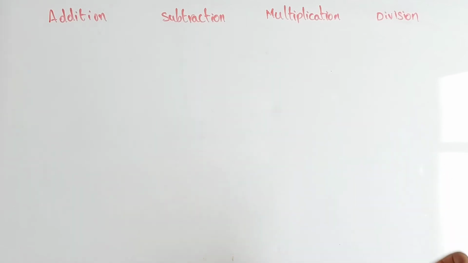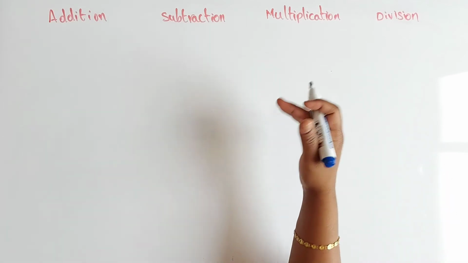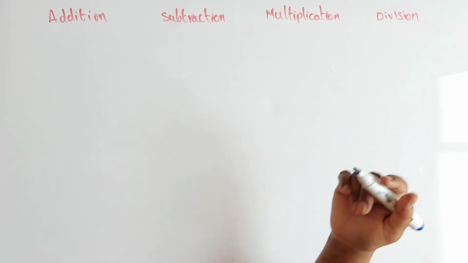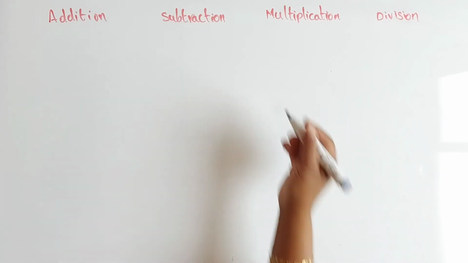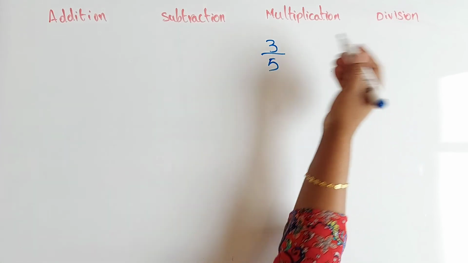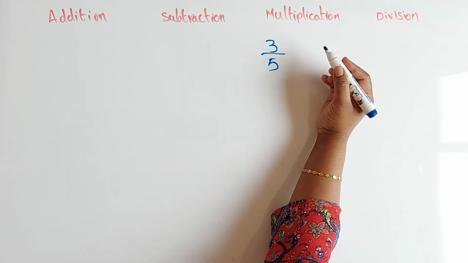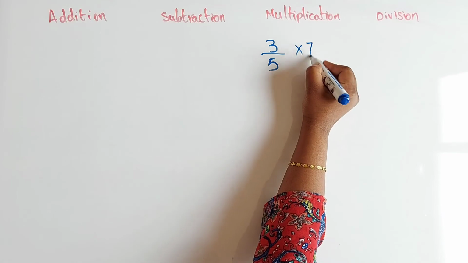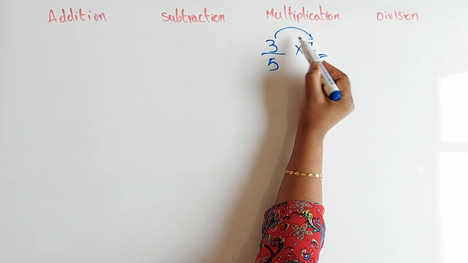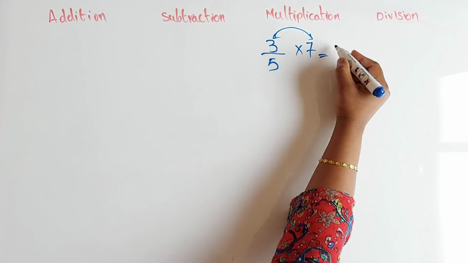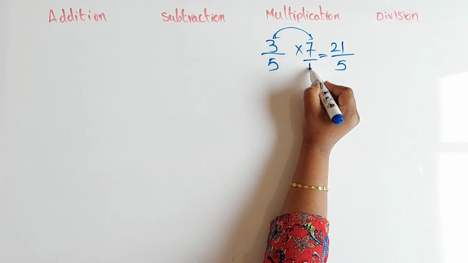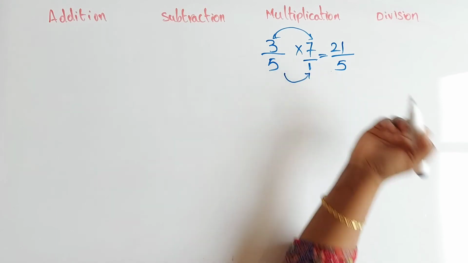Now multiplication, children. First we will see multiplication of rational numbers with positive integer and with negative integer. Right? Here I have a rational number 3 by 5. Now I am multiplying with positive number. Let's take it is 7. What is the answer? Just multiply numerator with numerator, children. 3 sevens are 21 divided by 5. Here nothing is there means 1. 5 ones are it is 5.